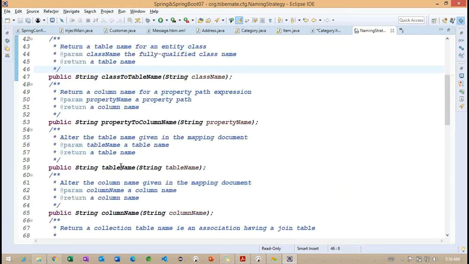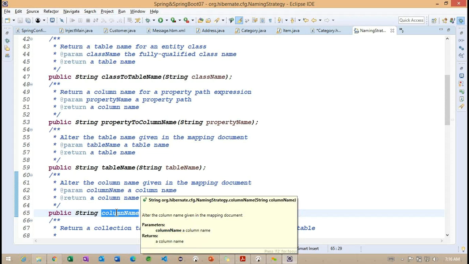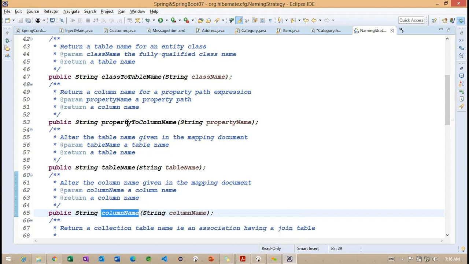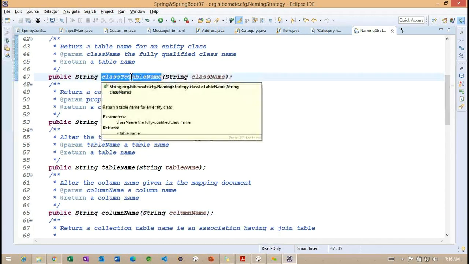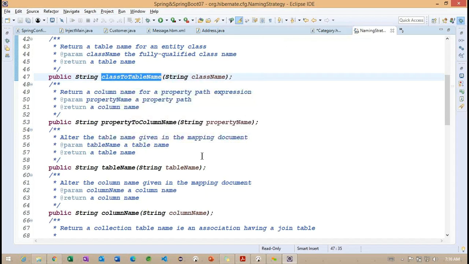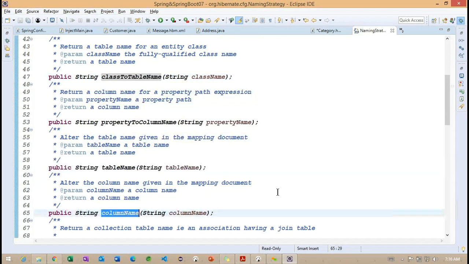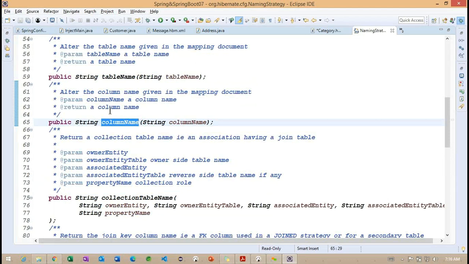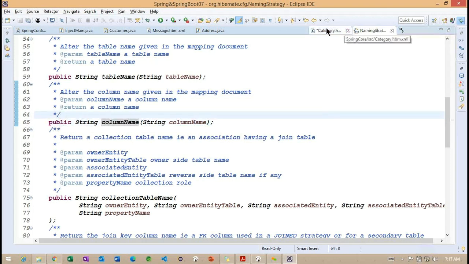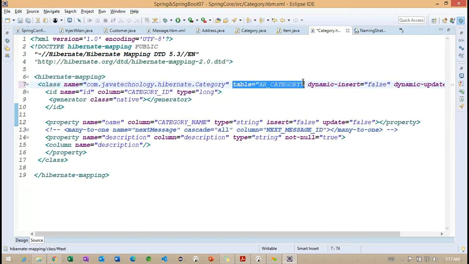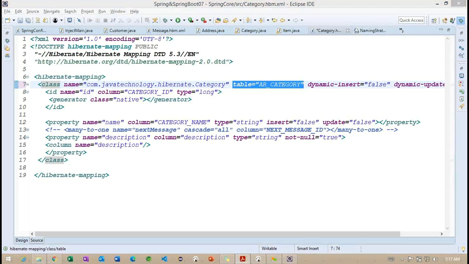You can observe we have the table name and column name methods, and by overriding these methods, such as property to column name, class to table name, and so on, we take the name of the property, the table name and the column name. By overriding these, the table is going to change based on whatever naming convention we work with. Getting the point.